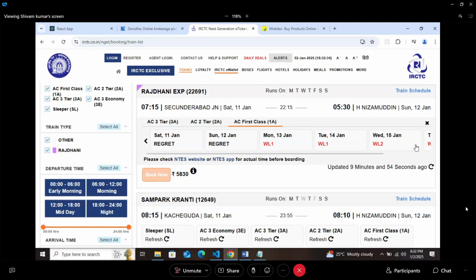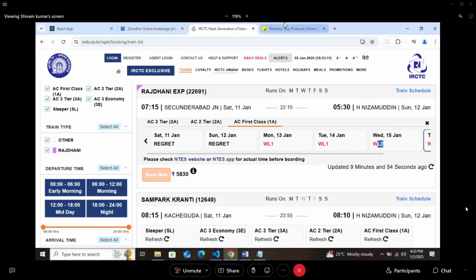And Hyderabad to Delhi is the busiest route. You have to book tickets one month or one and a half months prior. That's why I don't travel, because my plans are sudden, and tickets are never available. See, today is the second and tickets are not available till the 16th also. The 15th and 16th are also waiting, which is hardly likely to clear. Not at all. This is the user experience of this website. I don't even like it.